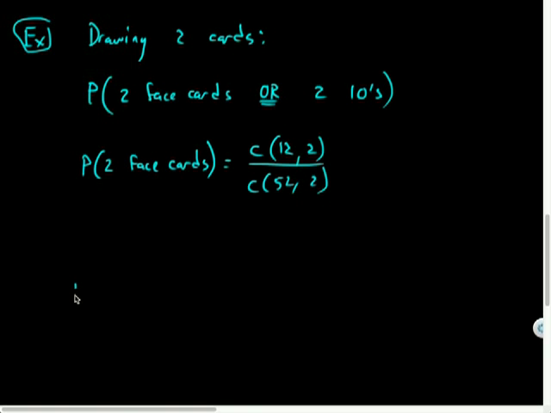And then I would also find the probability of 2 tens. And how many tens are there? 4, there's 1 in each suit. Right? So I could find both of these probabilities on their own, and then I'm just going to add the